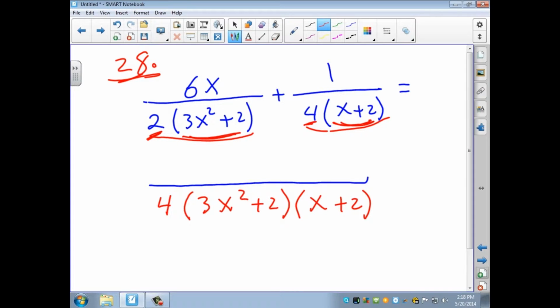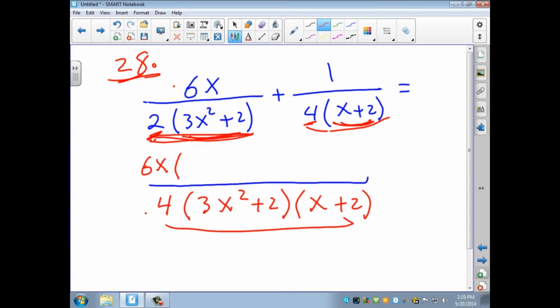Now this is the common denominator between the two. What you do is you divide this common denominator by the first denominator and the result multiplied by the numerator. So the numerator, I already have 6h. So that 6h needs to be multiplied by, when you divide this common denominator by the first denominator, it would give you